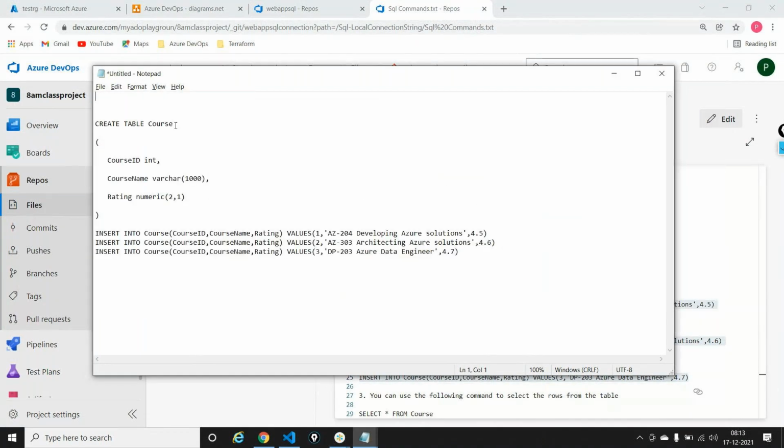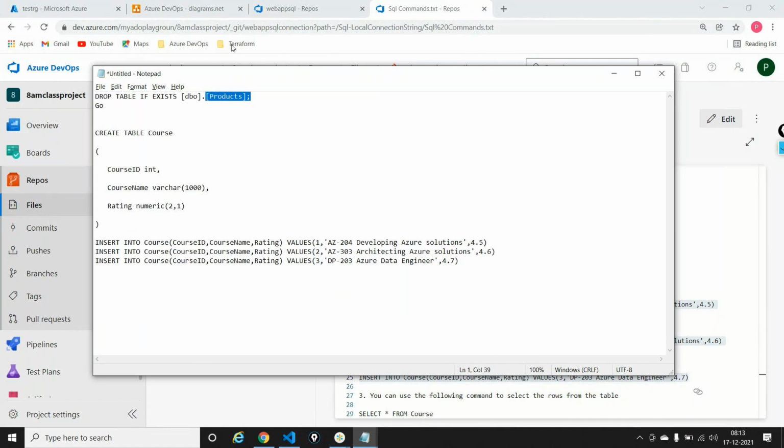I'll tell you why I'm giving this out also, and I'll say this is not products, this is something known as course. I'm saying drop this table if it exists, if it really exists out there. So firstly, please go ahead and see whether a table known as course exists. This won't be there when you're doing it for the first time, but for the second time it will be there. So it will drop the table and it will again create, meaning if you want to add new data here, you need to first drop the table and then you need to create the table and insert the